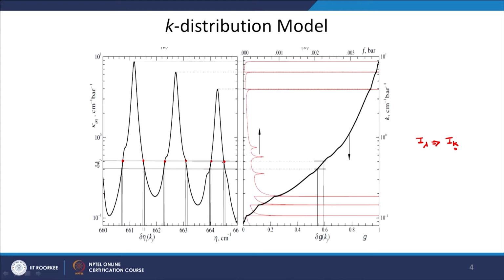So, what we do is we map this on this red curve. This red curve represents the mapping of the solution, or the K distribution. This is called reordering. The red curve here represents the reordered function, where all the unique k points, unique absorption coefficient points, have been mapped. So, the red curve is called the K distribution.